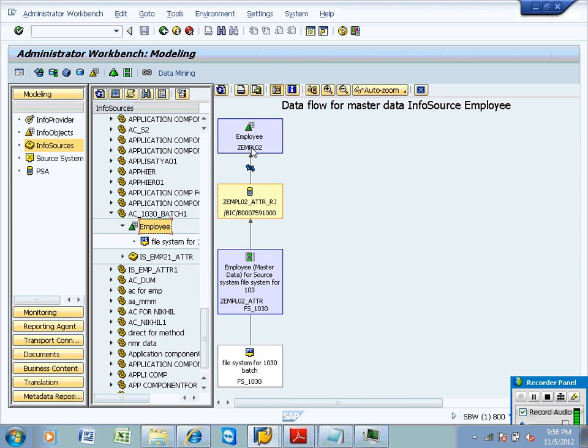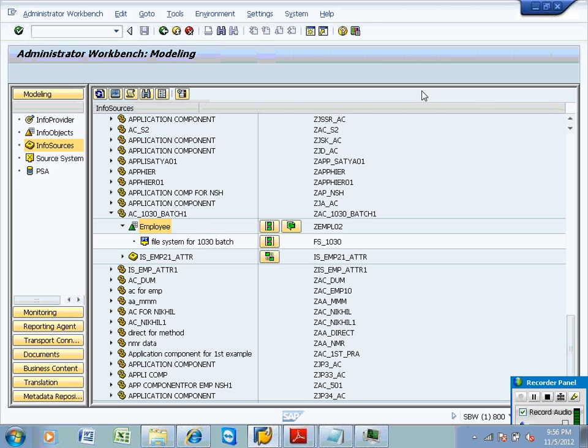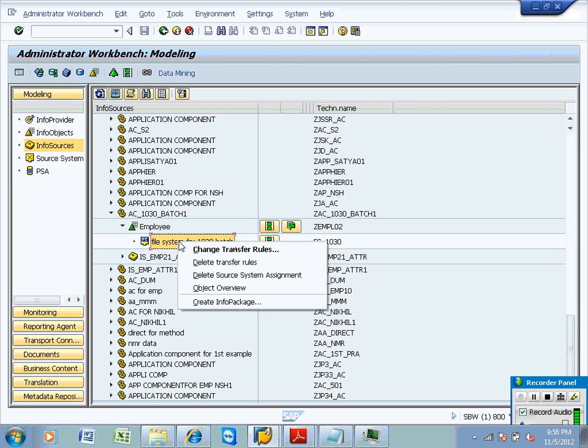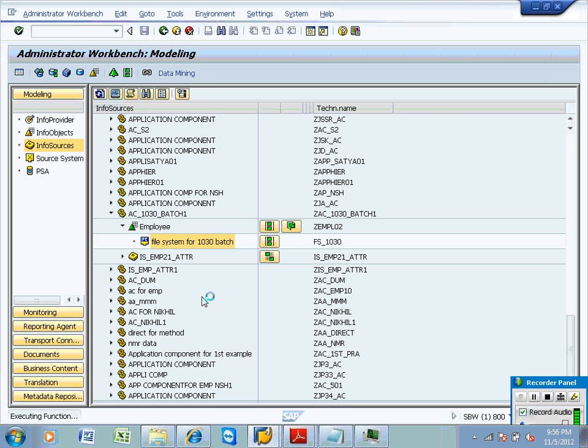This is your employee technical name, this is your CSV table technical name, VEMPL_ATTR. This is the attribute data source technical name, and this is your source system technical name. Everything you can see. Once the data flow diagram is ready, then we are ready to upload the data into the BW info object.